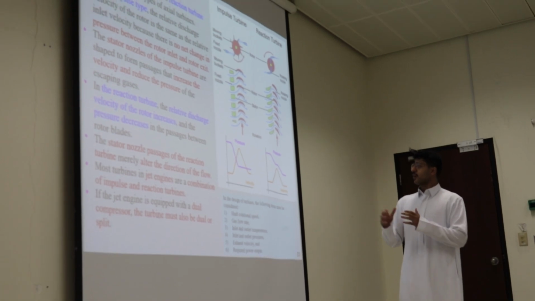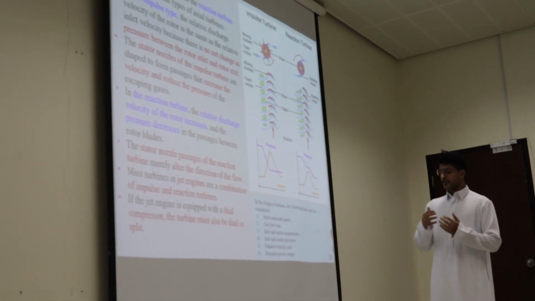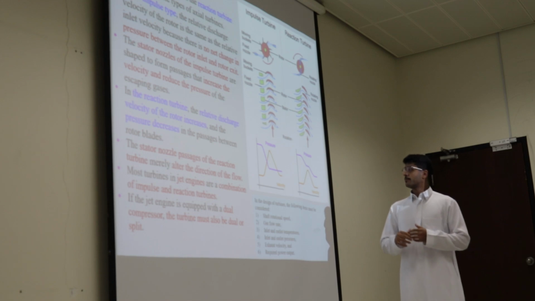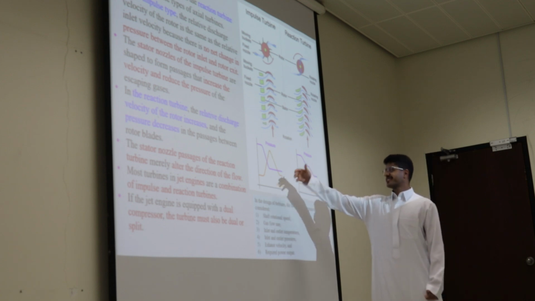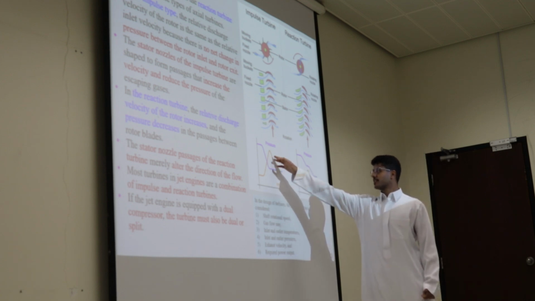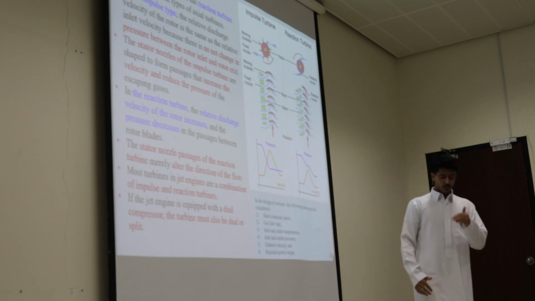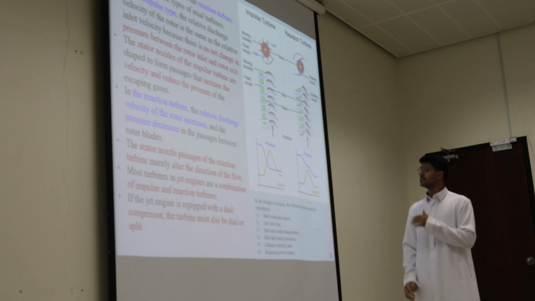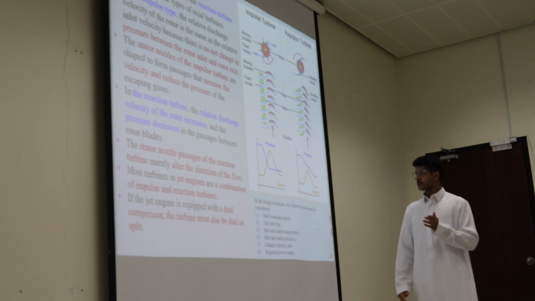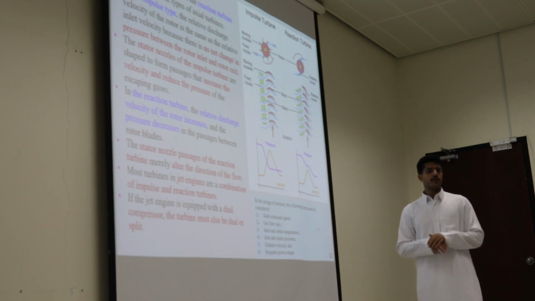The rotor blade takes advantage of the high velocity flow by extracting its energy, and because of this extraction, the velocity reduces. So the output velocity of the rotors will be much less than the inlet velocity, and the pressure will remain